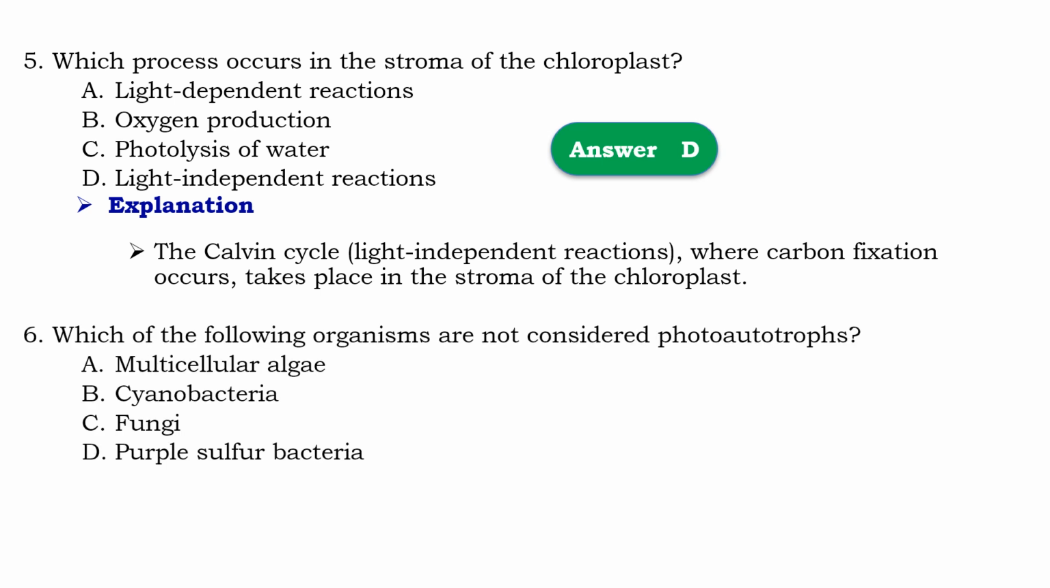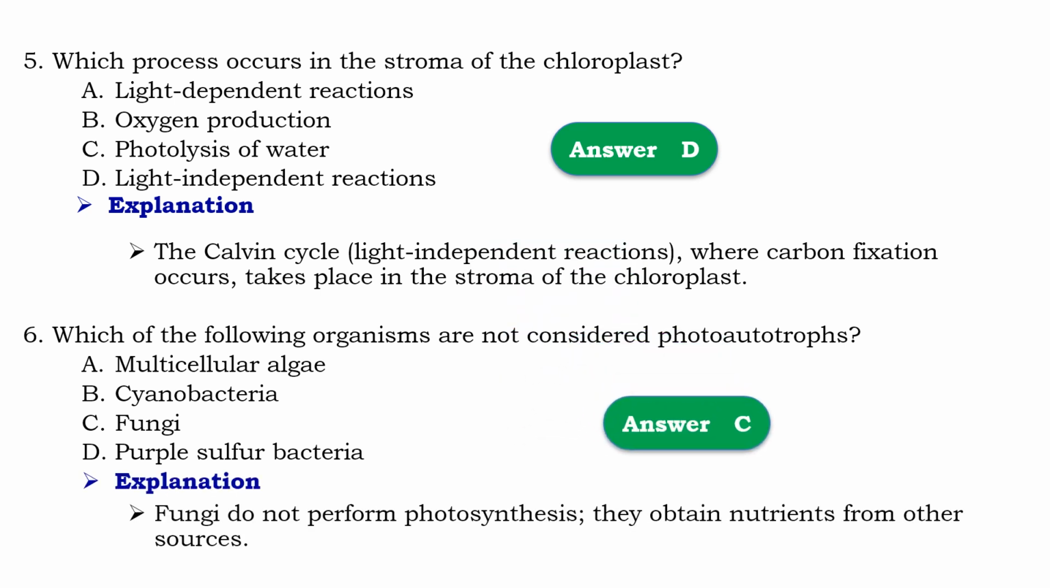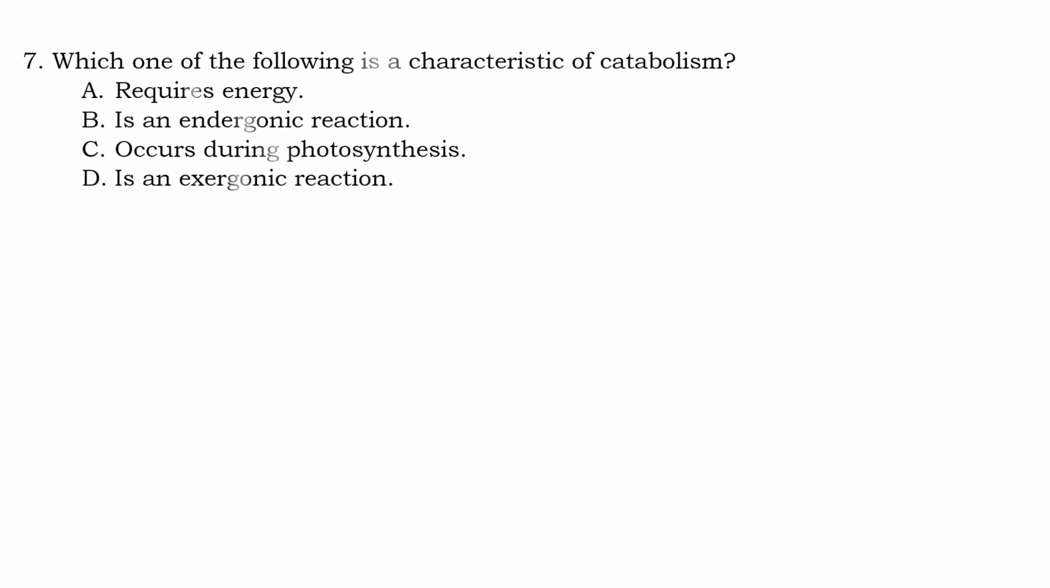Question number 6, which of the following organisms are not considered photoautotrophs? ከሚከተሉት ኦርጋኒዝሞች photoautotrophs ያልሆኑ የትኛው ነው ይላል። So that should be C, fungus or fungi. Fungi do not perform photosynthesis. They obtain nutrient from the other source. ስለዚህ ፈንገሶች ፎቶሲንተሲስ ማካሄድ ስለማይችሉ ከሌላ ኒውትሪየንቶች ኦክሲዳይዝ በማድረግ የራሳቸው ምግብ ያገኛሉ ማለት ነው።